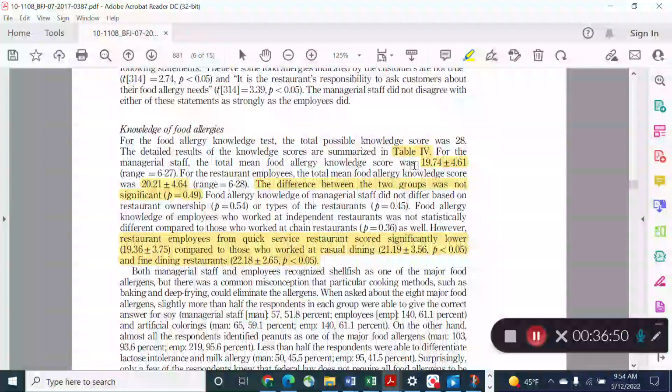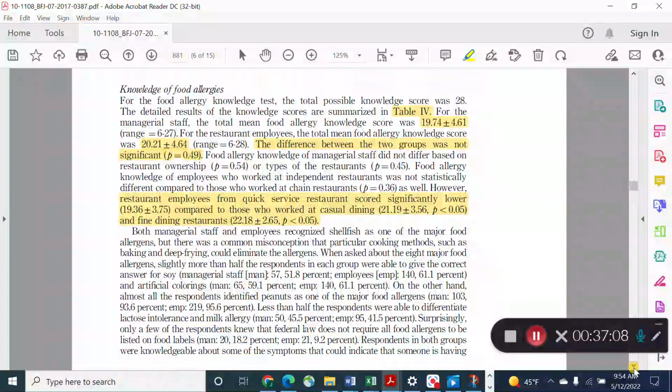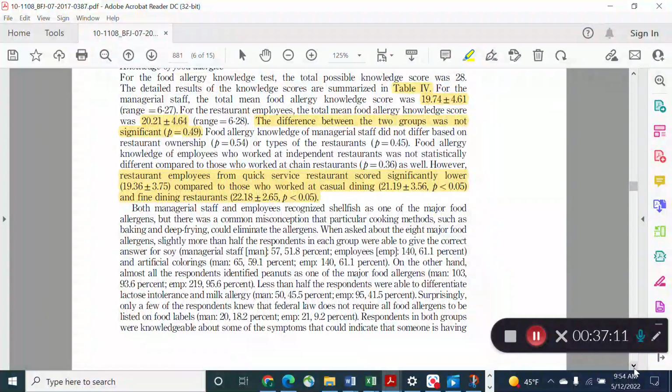And you can see, just looking at the difference in knowledge, again, the highest score here would have been a 28. And the difference in the group, they say it was not significant. And there are a few others that were not significant. I did highlight the last sentence here. Restaurant employees from quick service restaurants score significantly lower in their knowledge compared to those at casual dining and those at fine dining. And they don't indicate here whether they did multiple t-tests